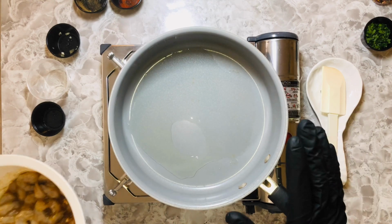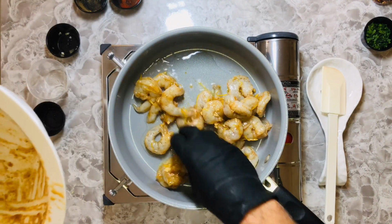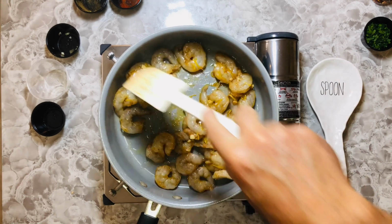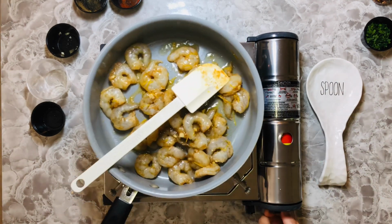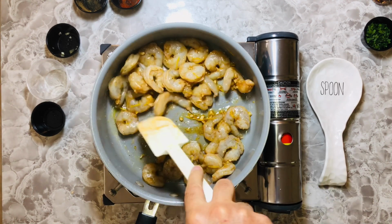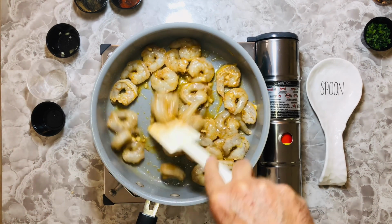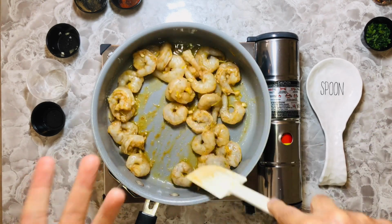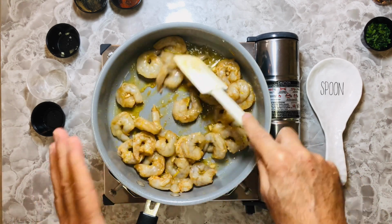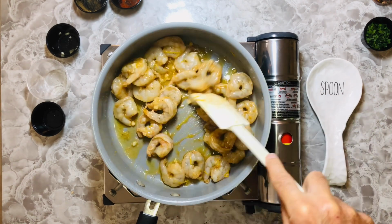Anyway, I have some oil going here, and this is our shrimp. So we're going to saute them quick. Smells really good. I have it on medium. There we go. Now we already have the seasoning in there, so we're not going to add anything to it. We have oil. We're good to go. So this is going to be about the same, 3 to 5 minutes, or maybe a little more if the shrimp are cold. And just as soon as they turn pink,